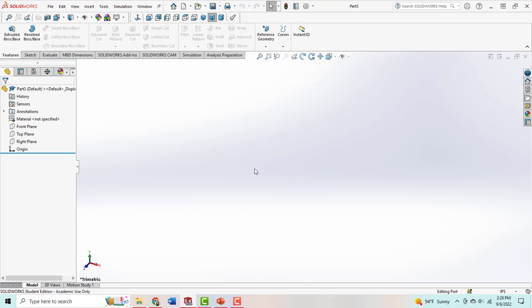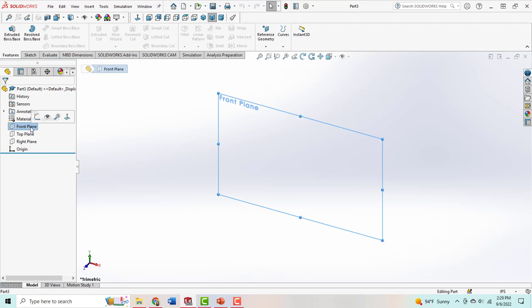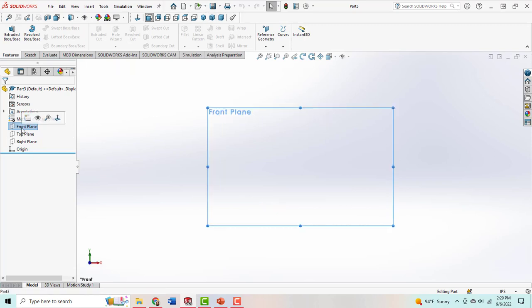Next, if I'm reading the instructions, it says we need to sketch on the front plane. So I'm going to come over to my Feature Tree Manager, select my front plane. As I click on it, it lights up, but you're going to see that it is at an angle. Remember, before you start any sketches, that you need to select this normal to icon. So if you just select that plane, those icons will pop up. We have a sketch, hide or show features, zoom to selection, and then our normal to. This normal to is just bringing that plane so we are looking at it perpendicularly so we can actually sketch